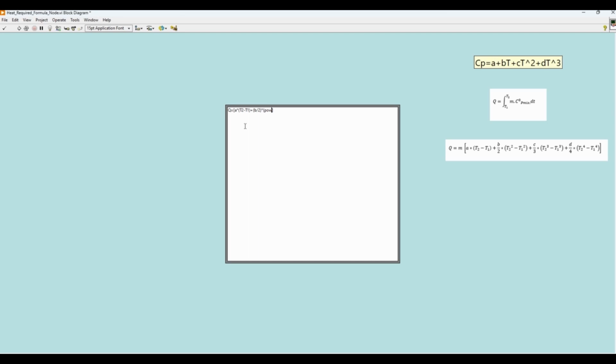So we'll write the expression as power of T2 comma 2, minus power of T1 comma 2.